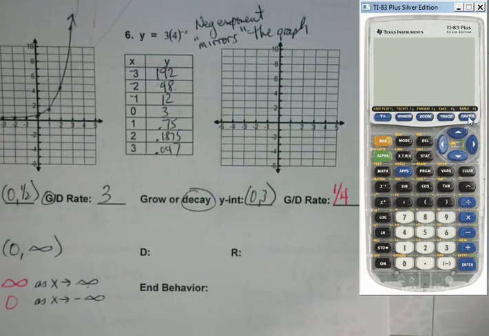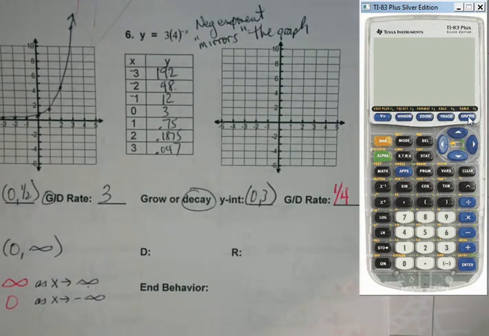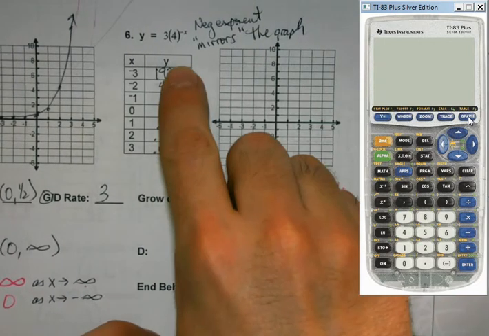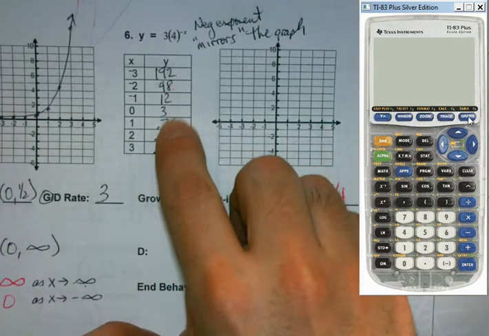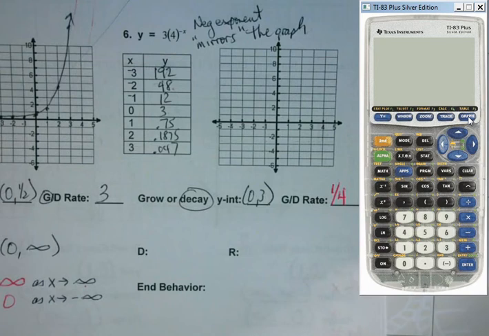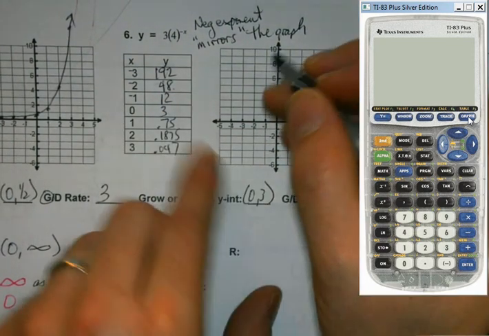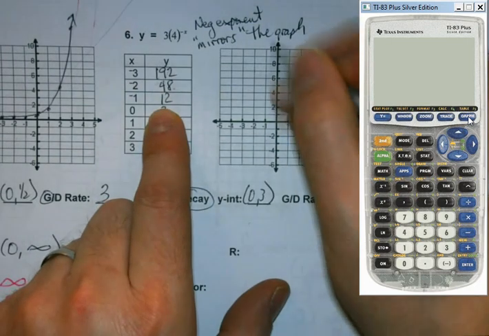What you're doing to get from one thing to the next is always what you're multiplying by. So if you see that negative exponent, it's even going to mirror or make a reciprocal of your rate. But that's always the easy way to see what your rate's going to be. If you look from one point to the next and ask what do I do to get from this number to this one, it'll be consistent. Now the one thing that's nice about this, besides the fact that these numbers are so big you can't even really graph them,